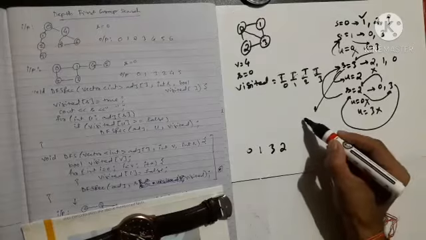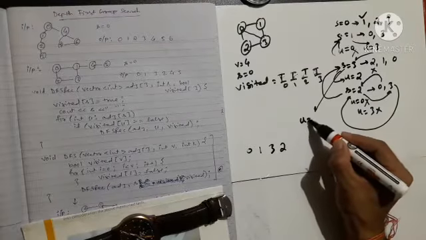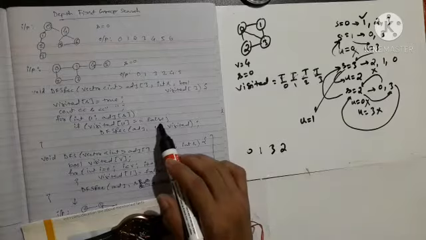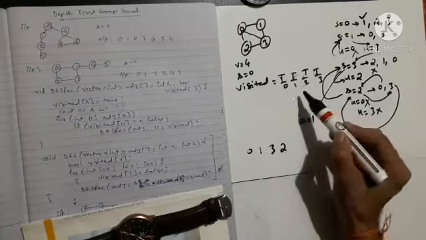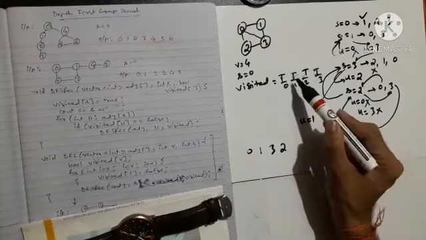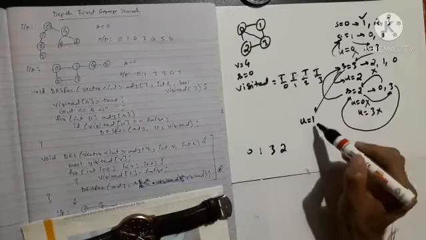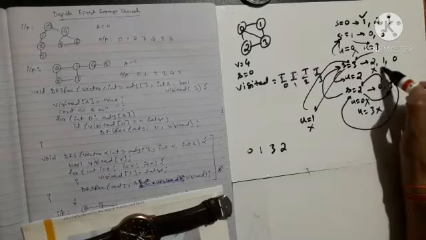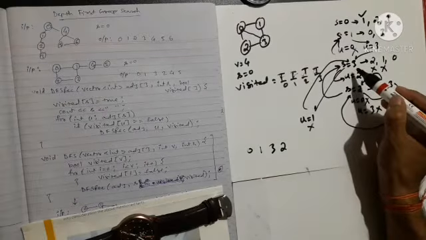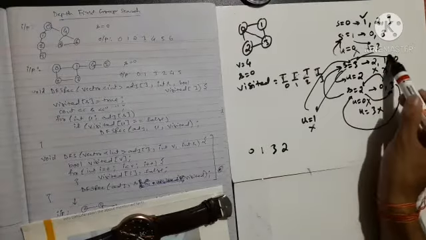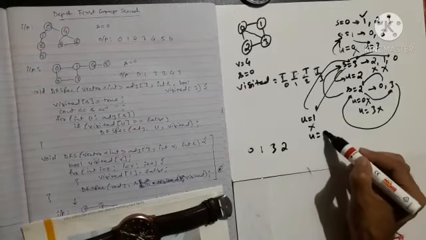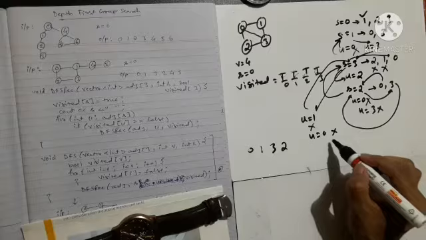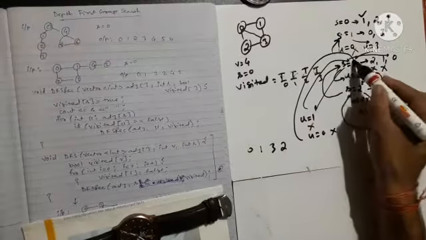Now 3 will call for its neighbor, that is 1. Now u becomes 1. Again it will check if it is equal to false, but u of 1 is equal to true, so it will not enter. Again control will come back to 3. So 1 has been done. Now 3 is in pending mode, 3 has not been done. Now 3 will call for 0. Again we will check for 0, but it is true, so this will not enter. Again from 0 control will come back to 3.